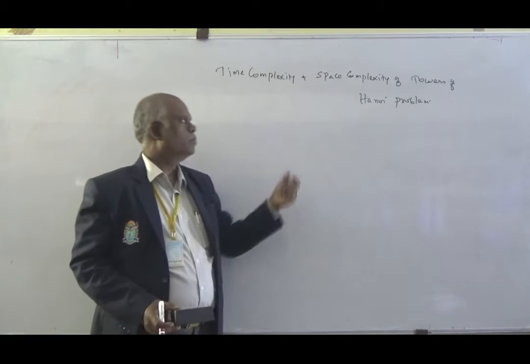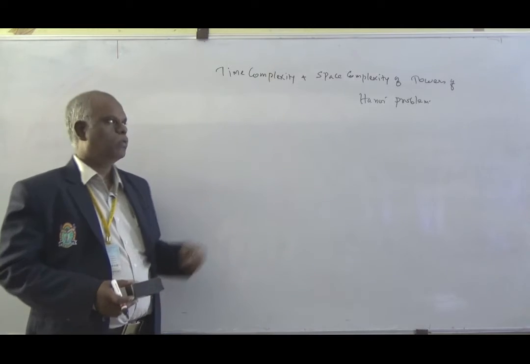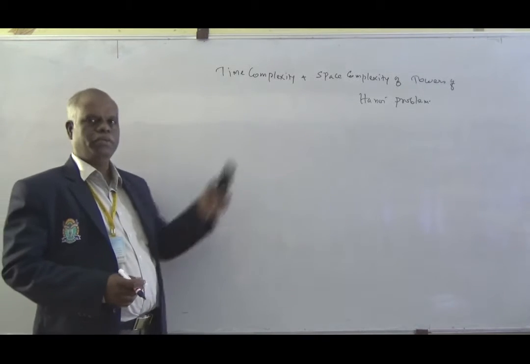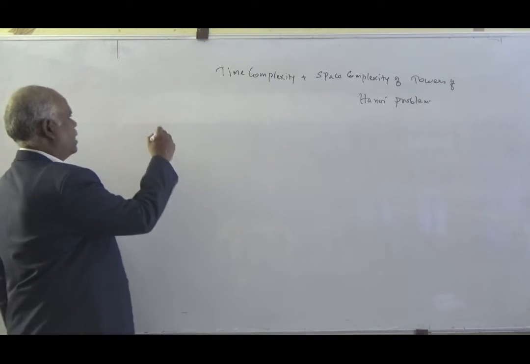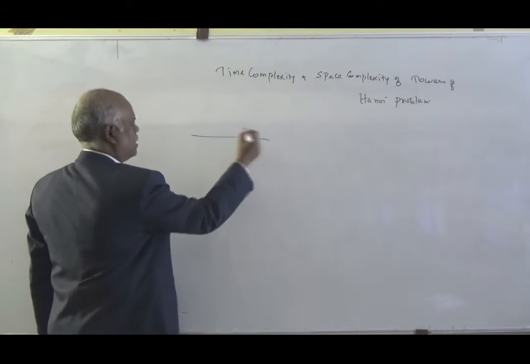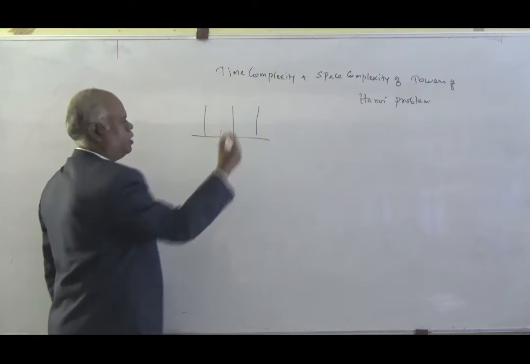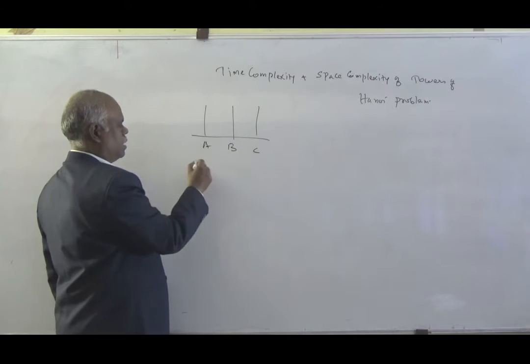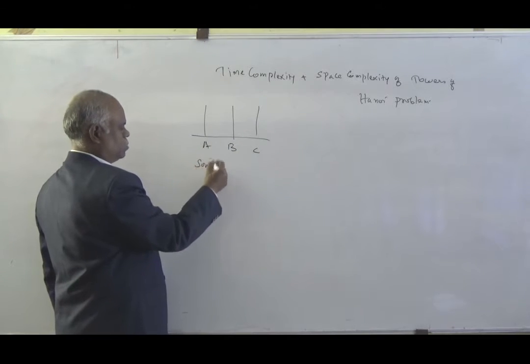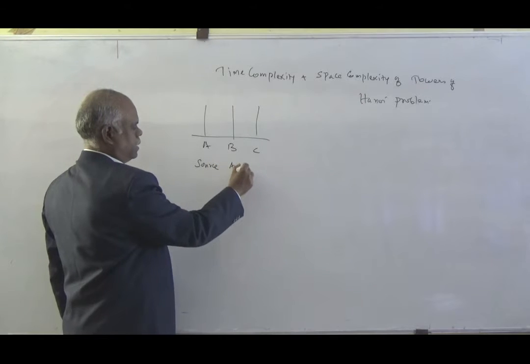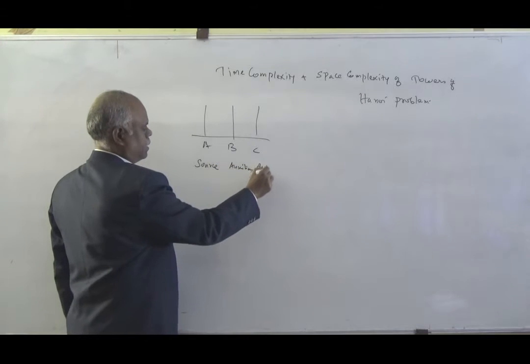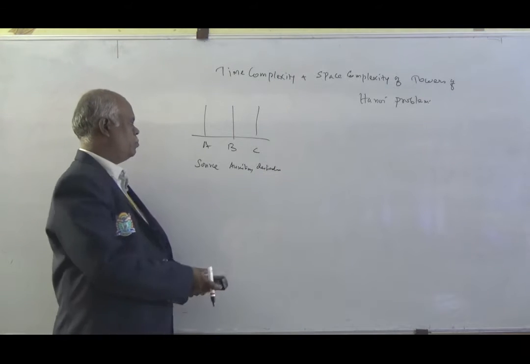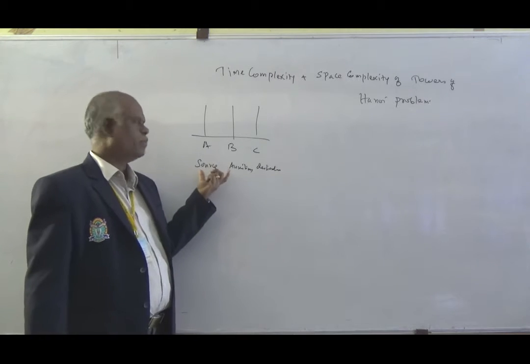First thing is, after watching part 1, if you watch part 2, you can easily understand. So now we have to write the procedure for towers of Hanoi. As we have discussed already, there are 3 posts which we call A, B, C. Otherwise, we call them source, auxiliary and destination. So now I have to write a procedure for towers of Hanoi.